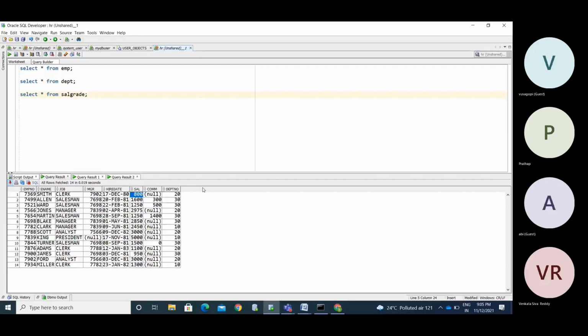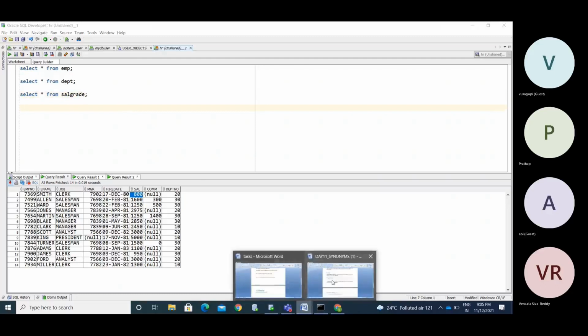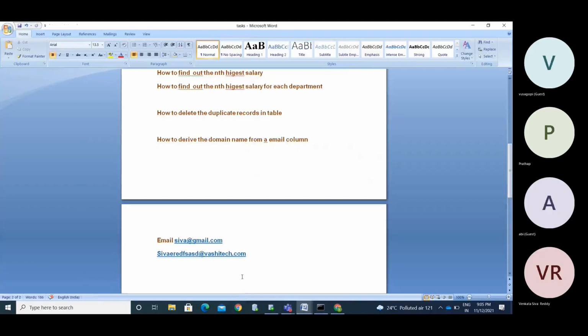How can you derive that? I am requesting, don't search in Google, because you will get everything in Google. I am suggesting you try it yourself. Put in more time and try it yourself. That's my request, and if you want to remember things, try it yourself. This is my other requirement.